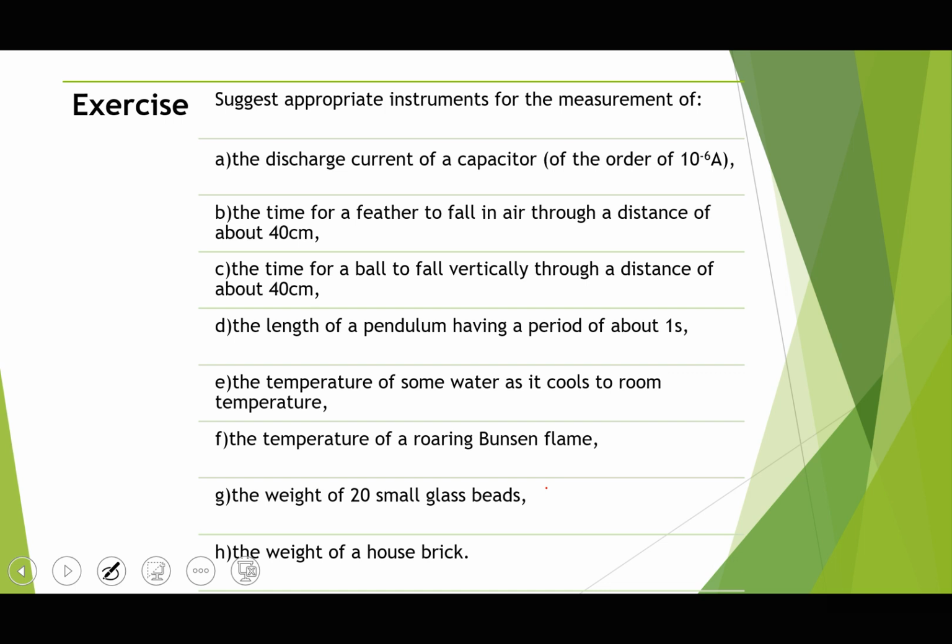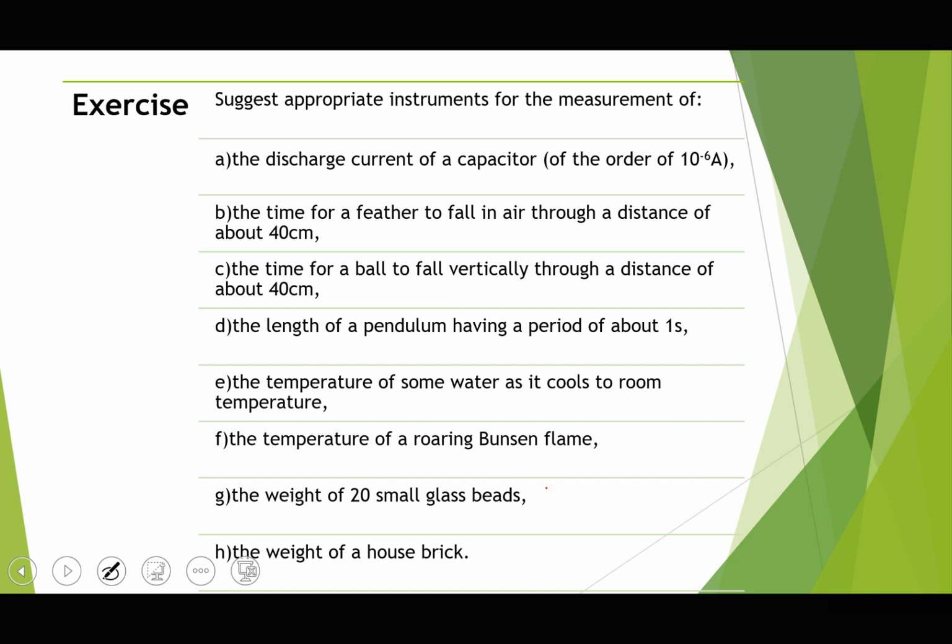The discharge current of a capacitor of the order 10 power negative 6 amperes. That is a very small current. An ordinary ammeter in the laboratory may not easily measure such a current. So you may need an instrument which would measure such a small current. For example, you can use